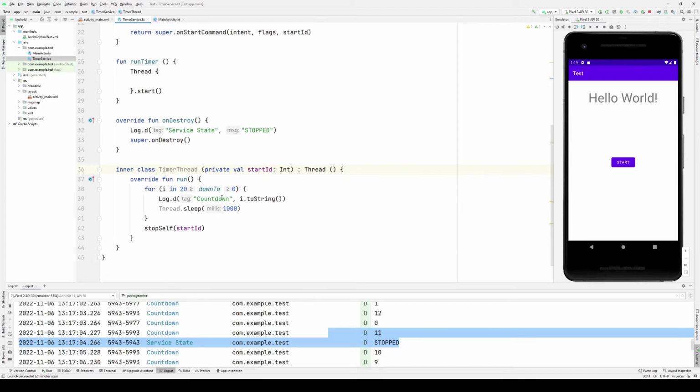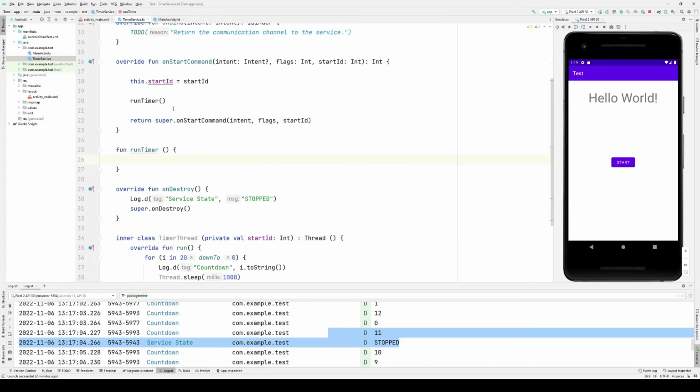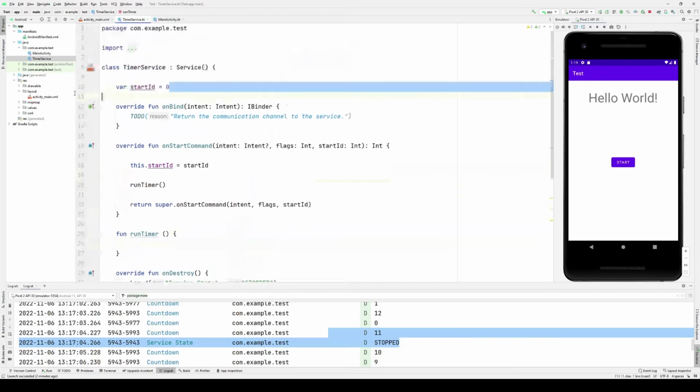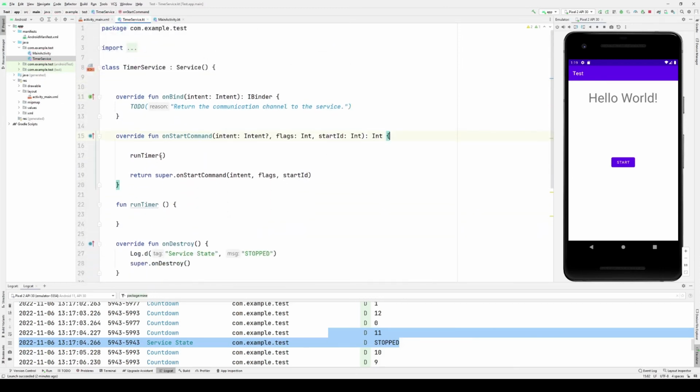So this is my timer thread, just looking at it quickly. Okay, I think this is right. And then whenever we call runTimer, we don't need to store this value. We will simply call runTimer with the startId.